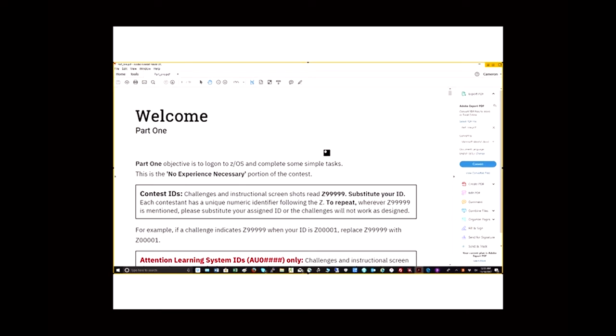There is a free application called Qt PDF, and it allows you to generate a PDF from a file, and I think you can download this. But I've downloaded the Part 1 instructions, and we'll